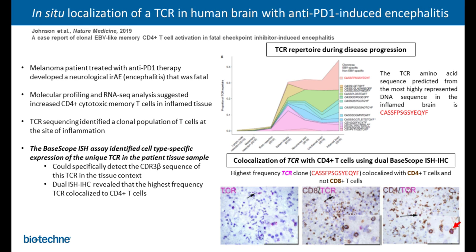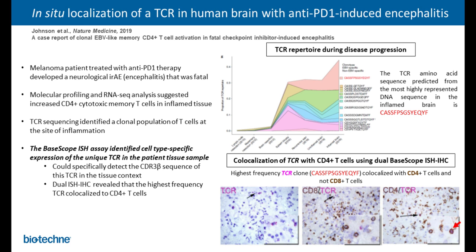So upon doing TCR sequencing of this tissue, they were able to identify a specific sequence that was predominantly expressed in this tissue. They designed a BaseScope probe against this sequence, and when they co-localized this with either CD4 or CD8 antibody, they were able to see that this TCR sequence co-localized with CD4 positive T cells and not with CD8 positive T cells,